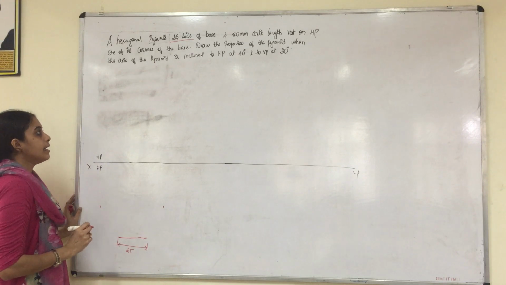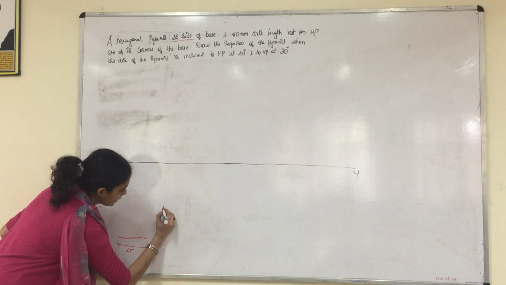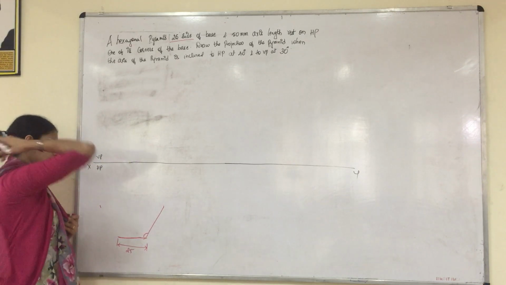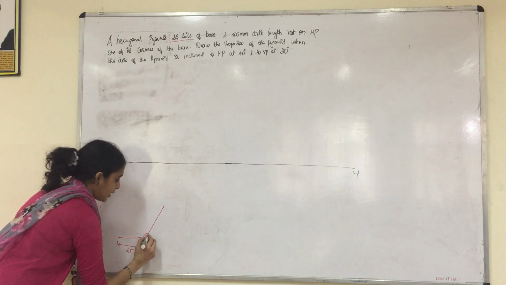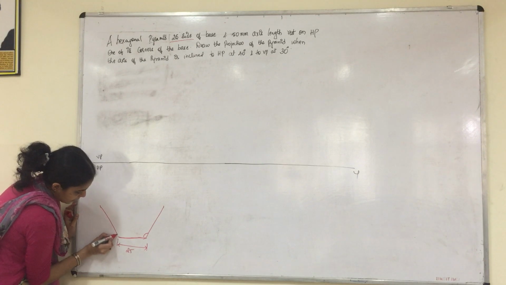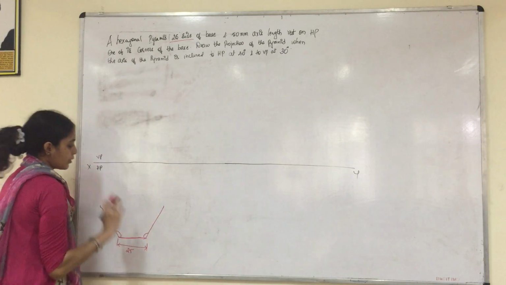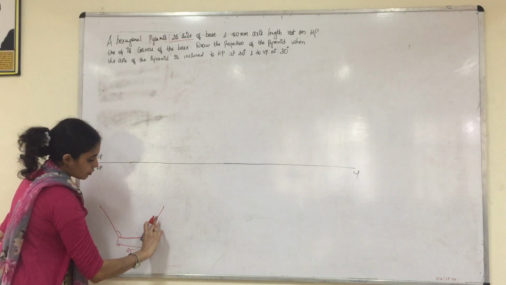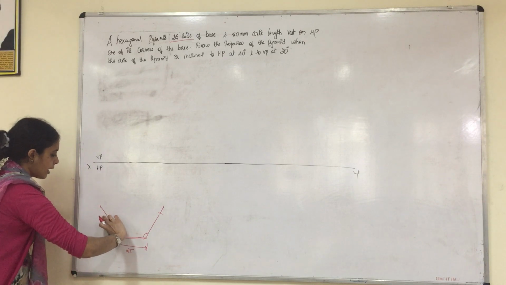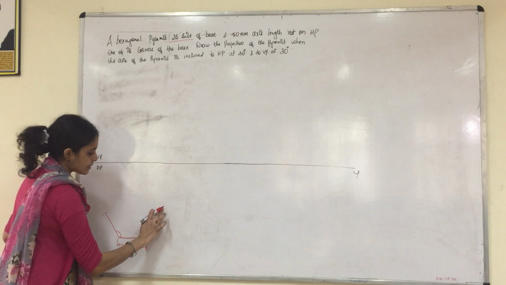As the side. And since it is a hexagon, it will have 6 sides. If you take the interior angle, it will be exactly equal to 120 degrees. So the interior angle here will be 120. If you take the exterior, it will be 60 degrees. So here also you take an interior angle of 120 degrees. After that, you measure the 25 mm side using the compass. Keep the end of the compass here and just cut an arc. And again keep the end of the compass here and cut an arc for 25 mm. Right? The remaining part you can erase.